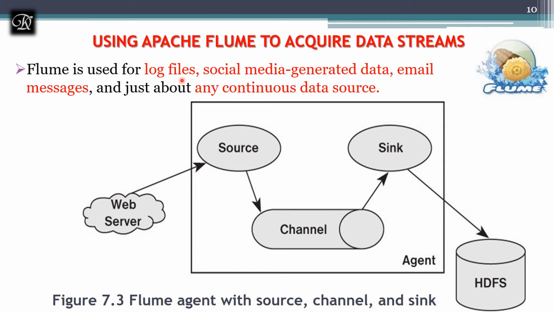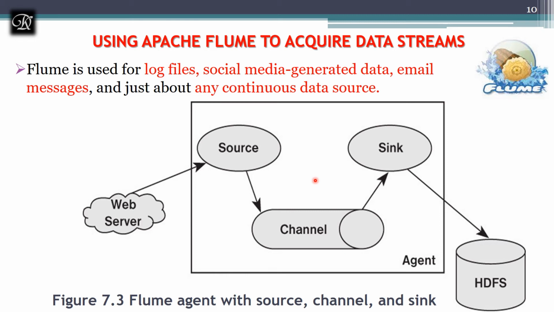This is the one Flume agent which I have highlighted over here. Multiple agents we will see in the next slide. It is not only one agent that should be there in a given communication transmission. It can be multiple also. But this is the simple architecture. First I'll discuss the simple one, then I'll go to the complex architecture. Flume is used for reading the data from the log files and all.